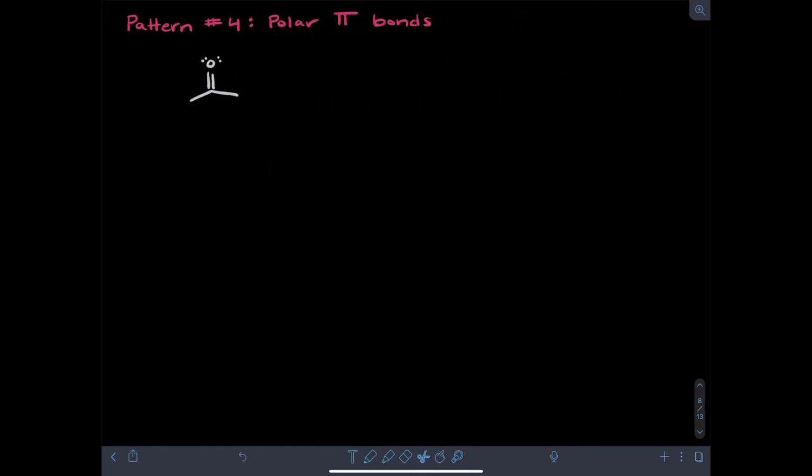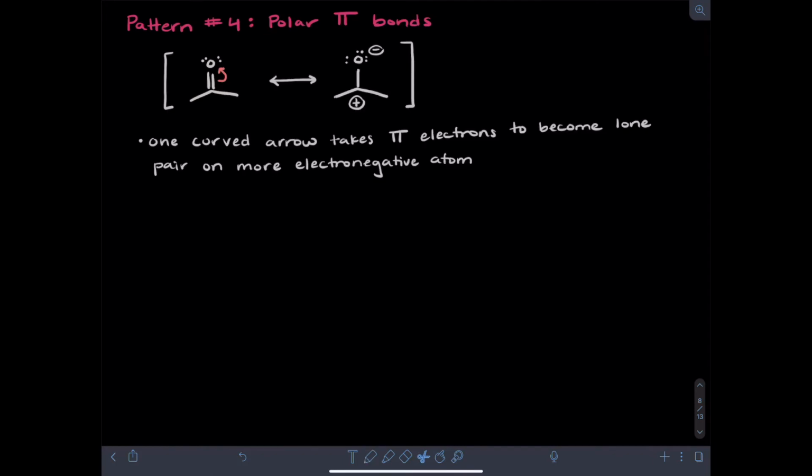Our fourth resonance pattern is if you have a polar pi bond. This is an example of acetone, a simple ketone. My carbon-oxygen pi bond is polar, with oxygen being more electronegative than carbon. My resonance arrow here would go from the middle of the polar pi bond up to the more electronegative atom. This one curved arrow takes the 2 electrons from the pi bond and makes a new lone pair on the